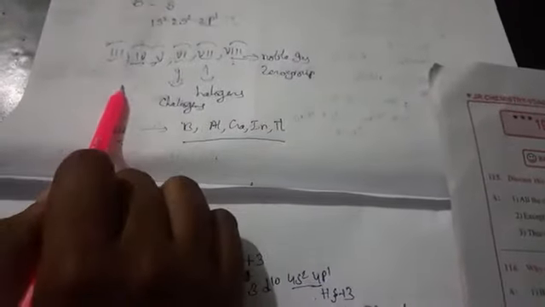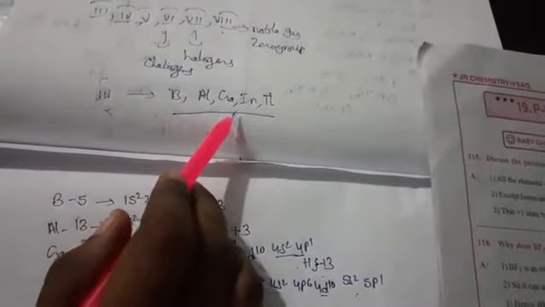It is divided into 6 groups, that is 3A, 4A, 5A, 6A, 7A, 8A. 8A is also known as zero group or noble gas elements. 7A we call halogens, 6A we call chalcogens. This is the nitrogen family, carbon family, boron family. And today we are going to discuss only the 3A group elements, that is boron, aluminum, gallium, indium, thallium. These are the elements we are going to have.